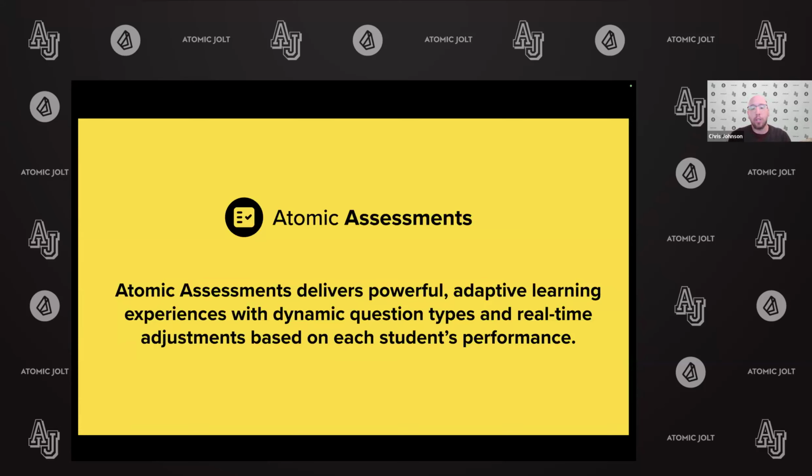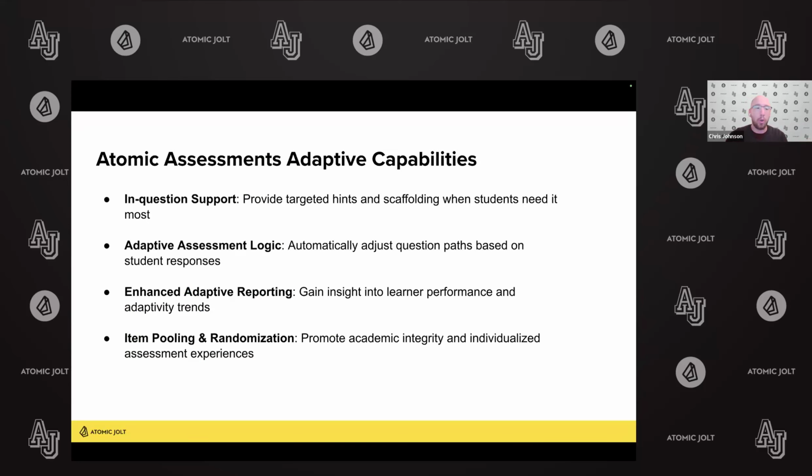And the idea of this Lunch and Learn is to show you how you can create these adaptive learning experiences that ensure that the students get what they need based on their performance. And there's a few features that show these capabilities. What I plan on showing you today is, first, how you can create an in-question